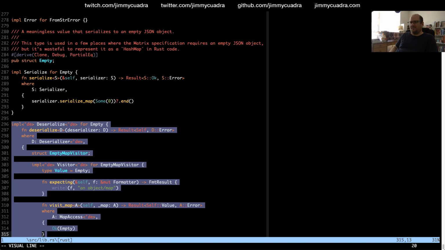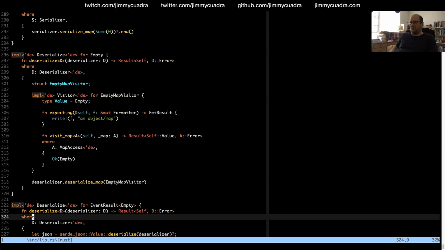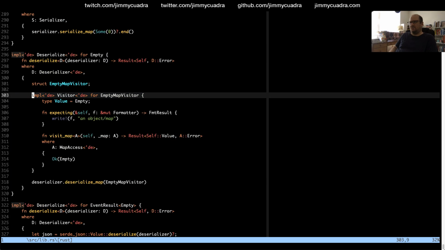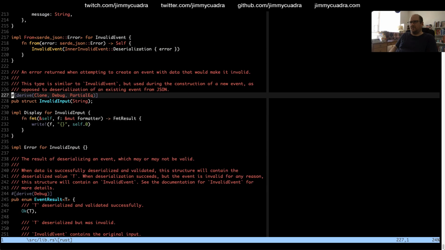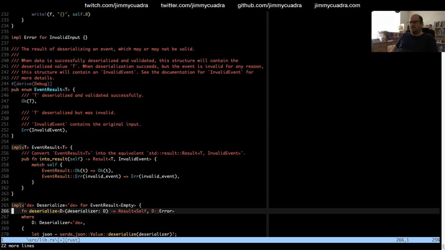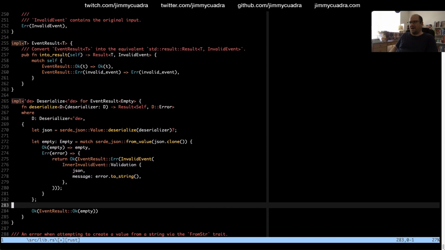So we need basically the same thing here. No, we need like this. We need something like this for event result of hash map.